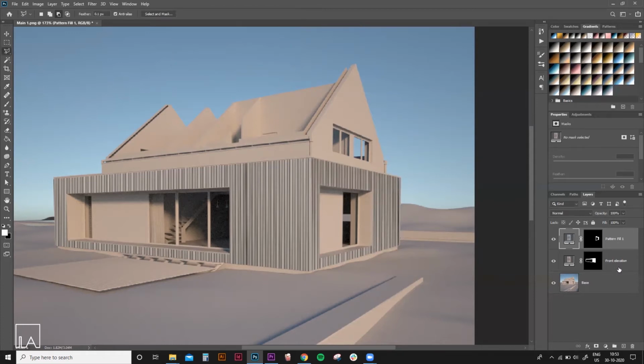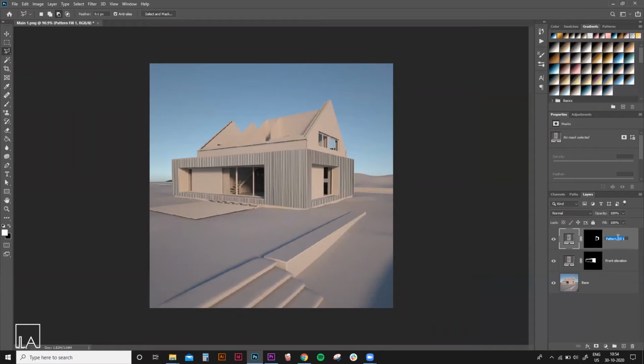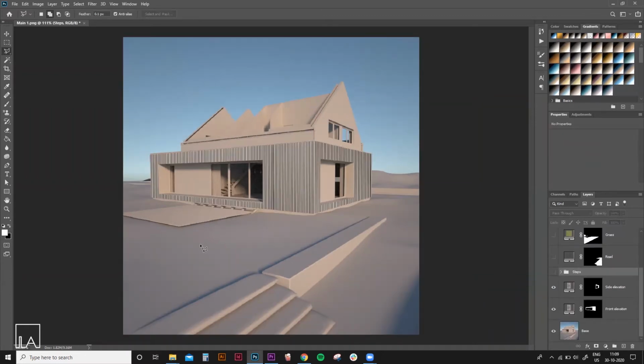There is a reason why we're creating the textures for different faces in different layers, and we will see to that in a little while. So the same process must be followed for all the textures in the scene. So for the sake of this video, I'm going to finish up that process for you.